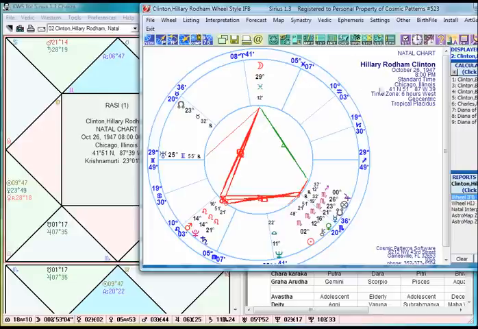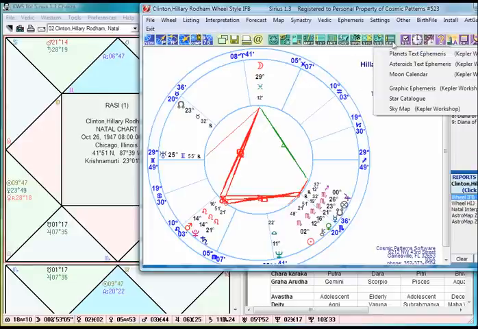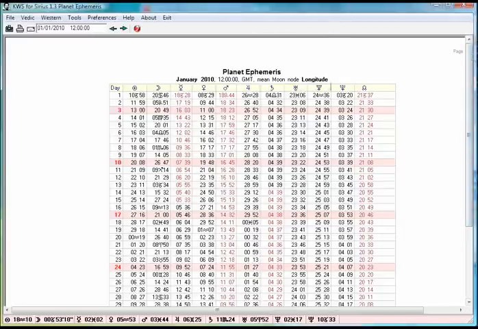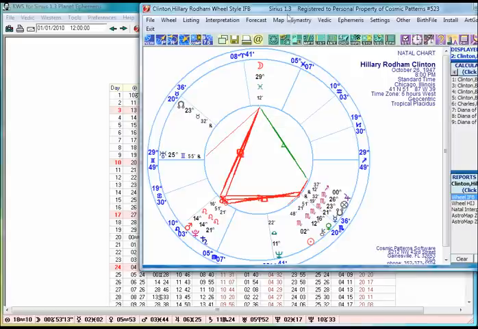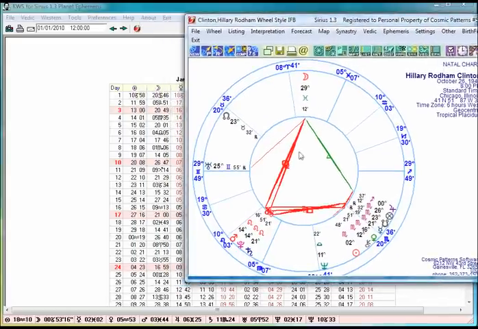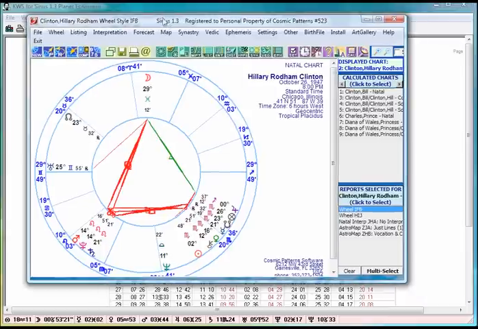A handy thing a lot of people do, for example, is they go to Ephemeris, and they go to Text Ephemeris, which is in the Kepler Workshop part. And now I'm looking at a Text Ephemeris. I can click over here, because it's visible, not overlapping, and I could be looking at my chart wheel and the ephemeris at the same time. On a normal size screen, not a little tiny window area like I'm capturing here, both of these can be